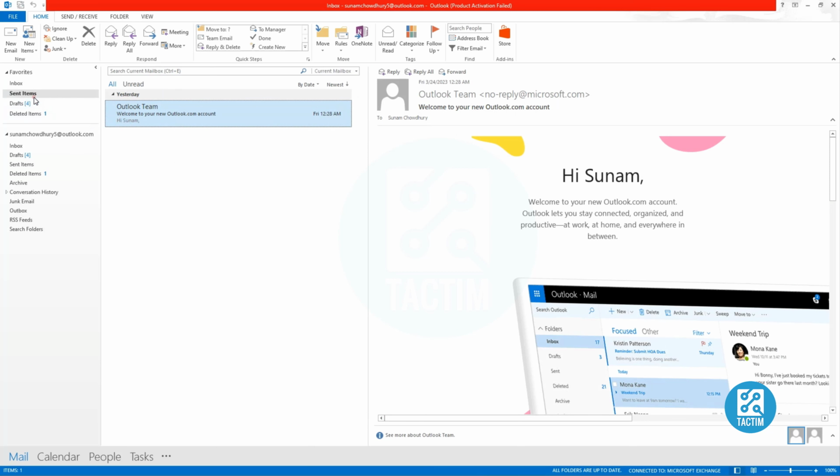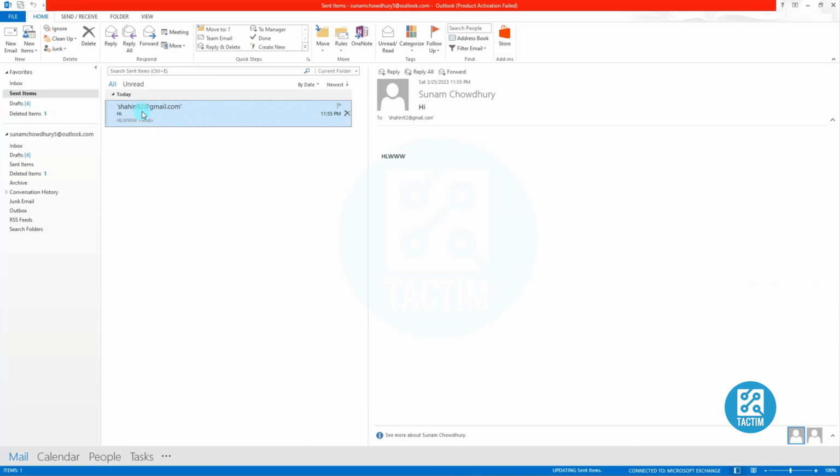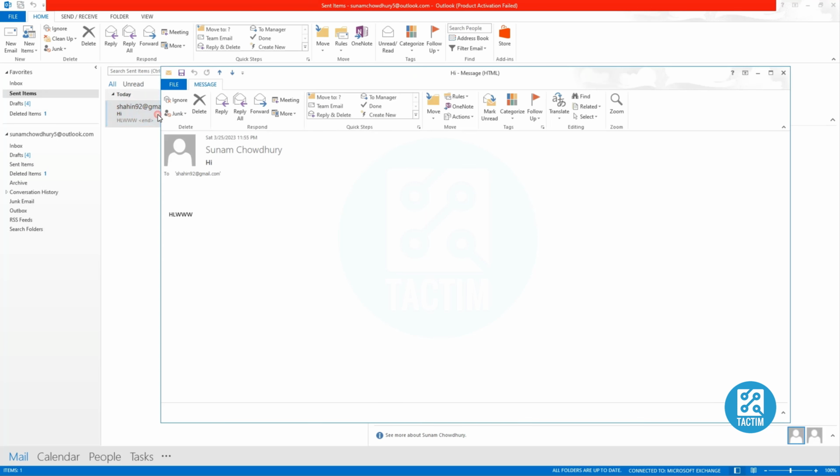Now go to sent items. You can see the sent mail. Double click on it. Now beside the move option you can see action. Click there. Here you can see recall this message